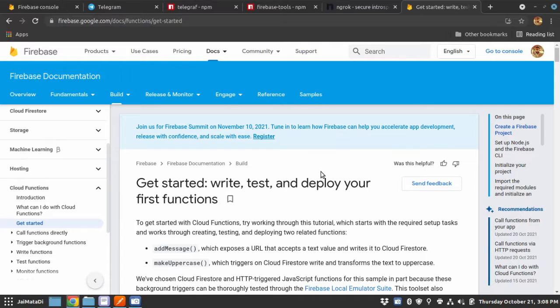In this video, I will show you how you can create a Telegram chatbot and deploy the chatbot on Firebase functions and almost use it for free up to a certain limit which Firebase functions provides us. So let's get started. The things that you will need to follow this tutorial are: first, you need to have